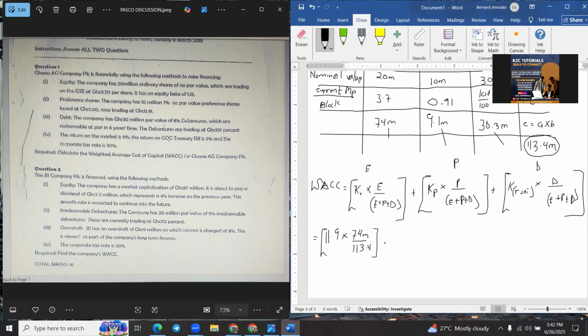That is for E. Let's do for P. For P, we had 7.69 multiplied by 9.1 divided by 113.4. Bracket close, plus we had that of the cost of capital of the debt to be 5.45%,